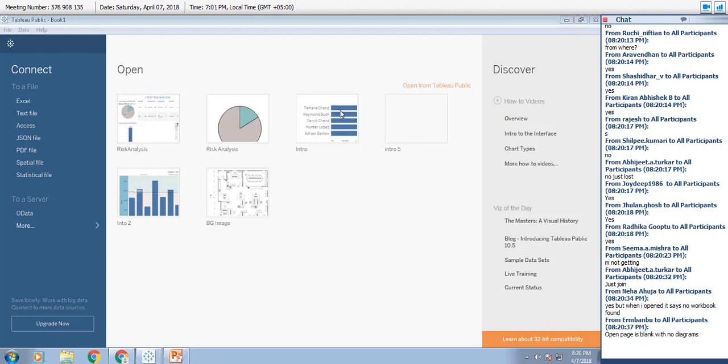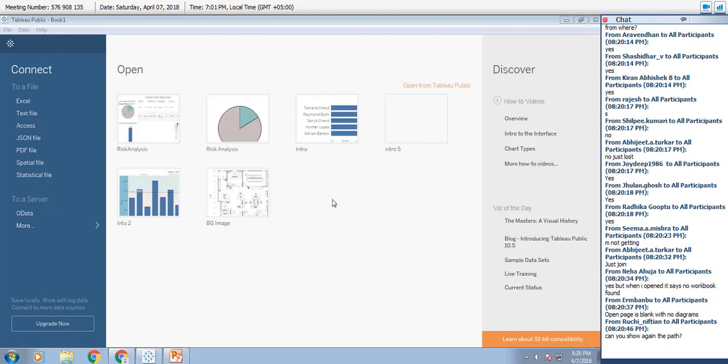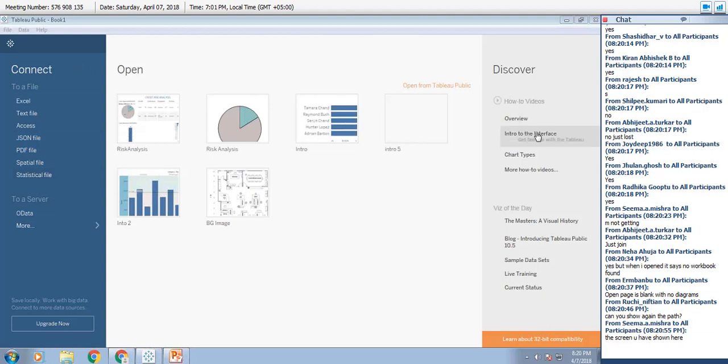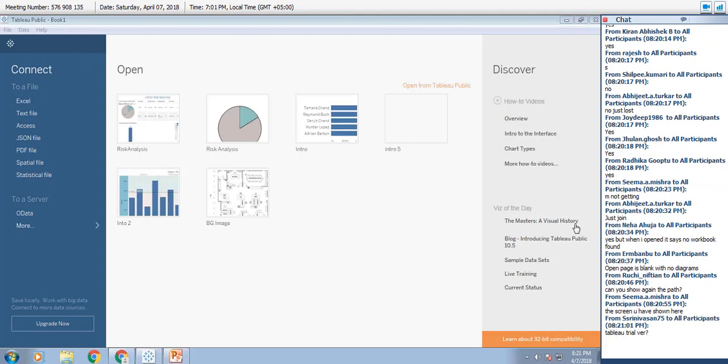You will not have any workbooks here because it will be a very fresh page for you guys. I have already created a couple of workbooks. On my public, I have this open space where I have workbooks. You should be getting a connect to and this discover and all those things, same. Mine is a Tableau Public version.